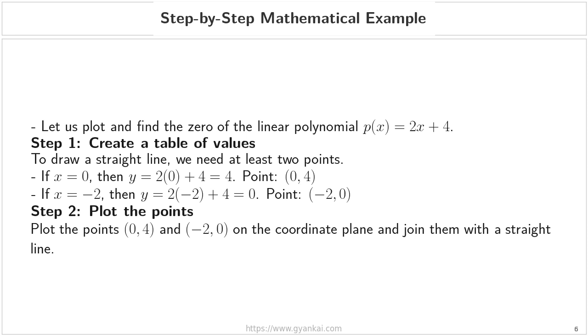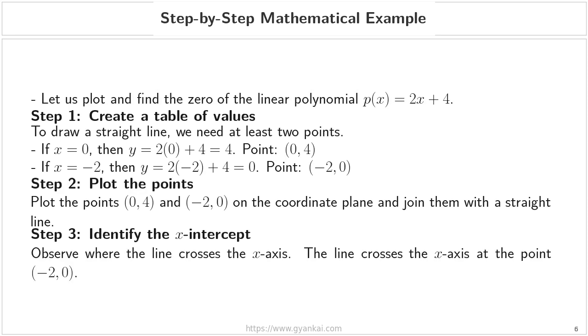You would take your coordinate plane, mark the point (0, 4) on the y-axis, and the point (-2, 0) on the x-axis, and then use a ruler to draw a straight line passing through both. In step 3, we look at the graph to identify the x-intercept. If you look closely at where your line crosses the horizontal x-axis, you will see it intersects exactly at the